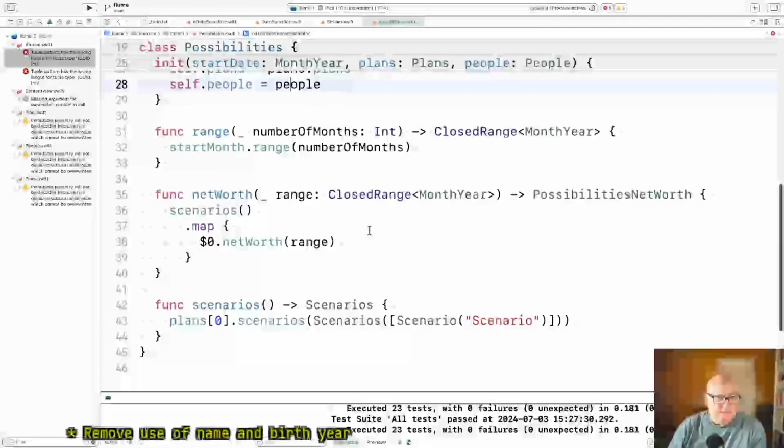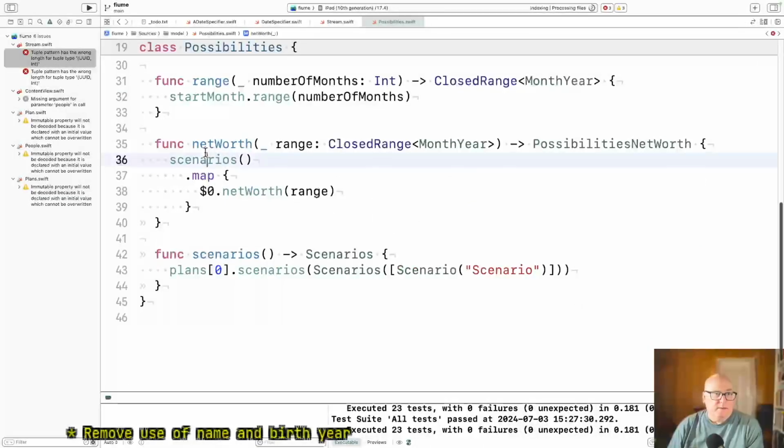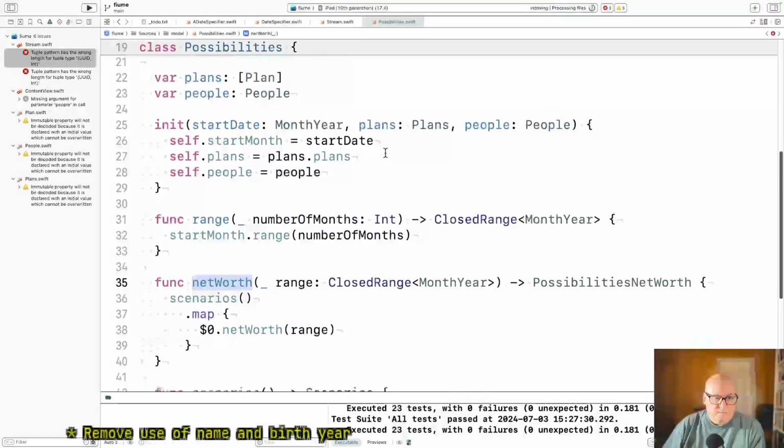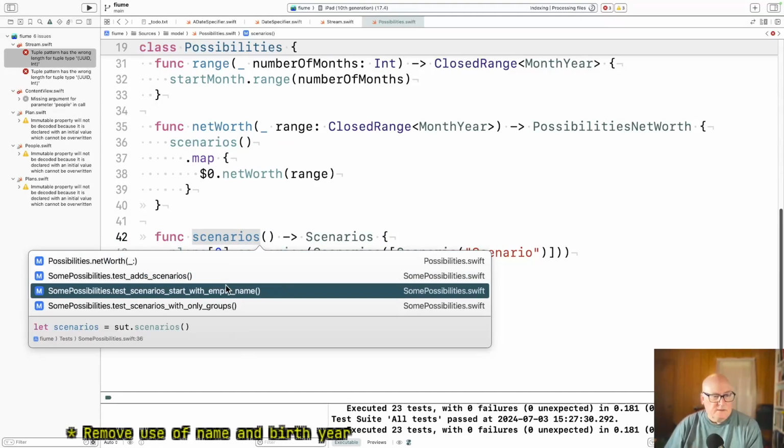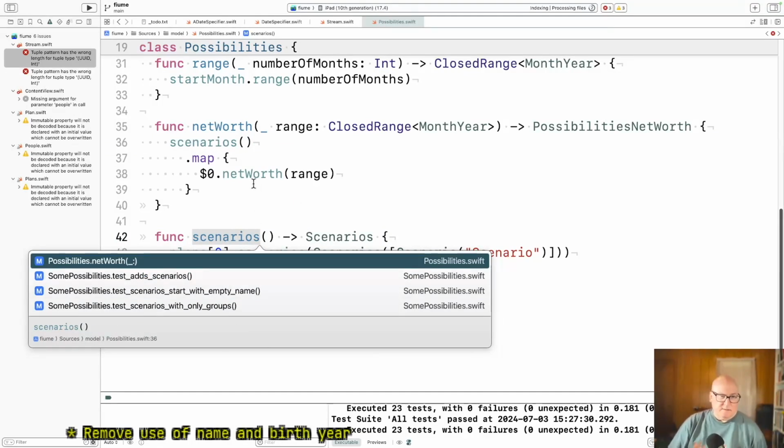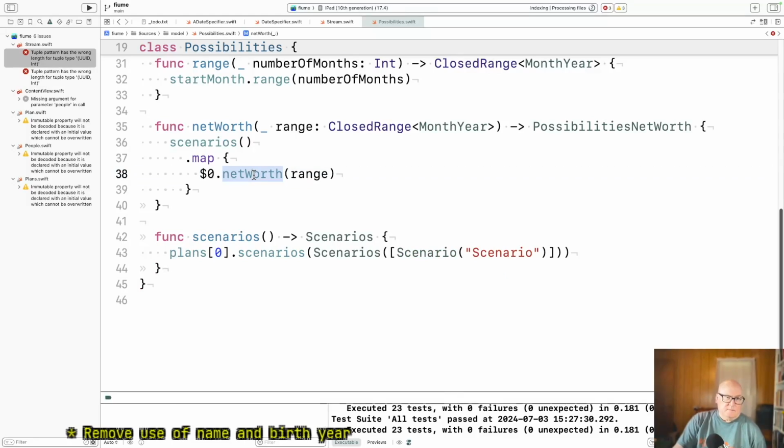Okay, they have net worth. Now, scenarios. Who calls this? Just tests. And here. I wonder if those tests would be better off. All right, but let's say scenarios.